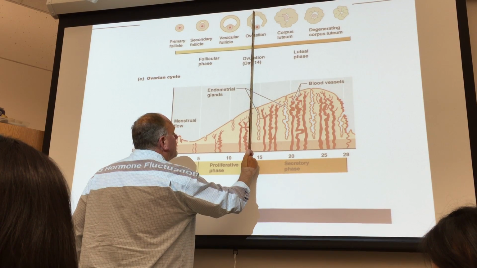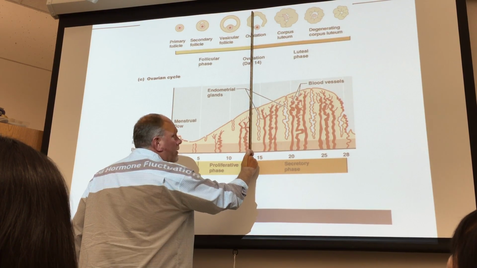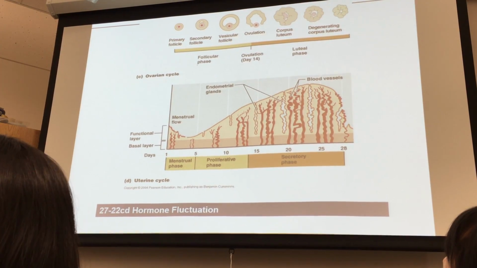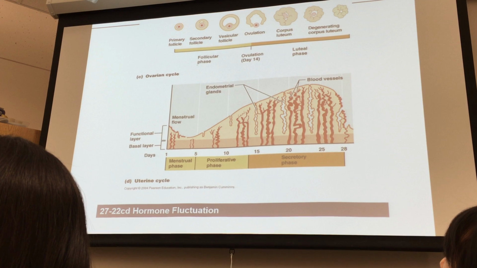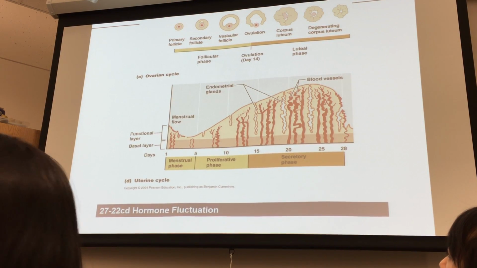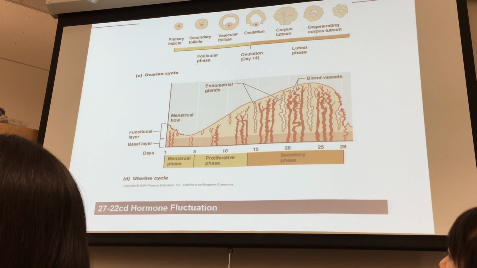Boom. Ovulation. What hormones are at their peak level right now? That's all of them. LH. Because LH causes ovulation. That's what it does. How about progesterone? No, we don't even have any yet. A little bit. We don't have any yet because that comes from the corpus luteum, which hasn't even been formed